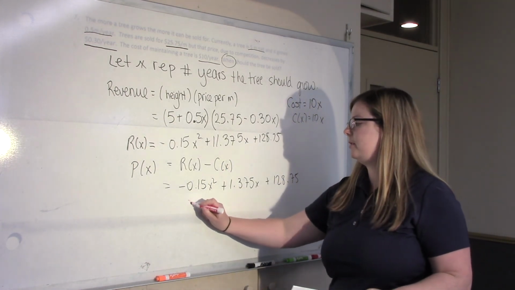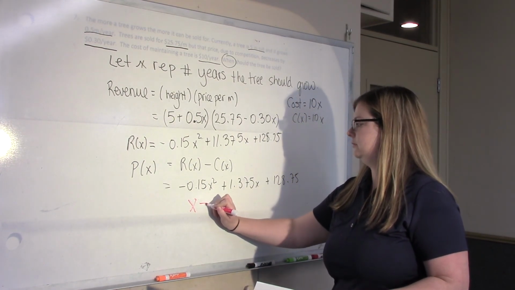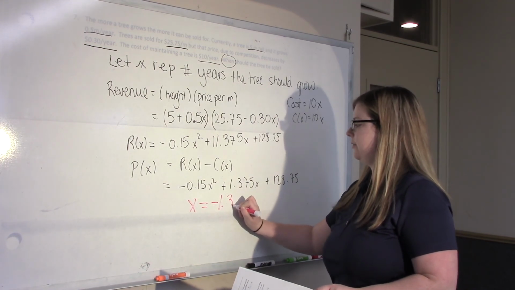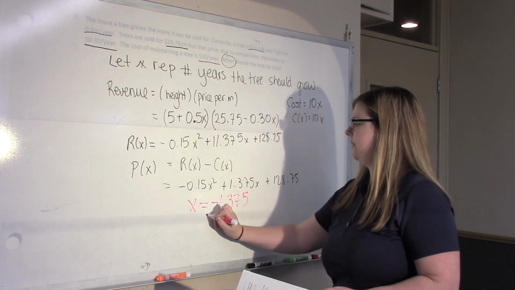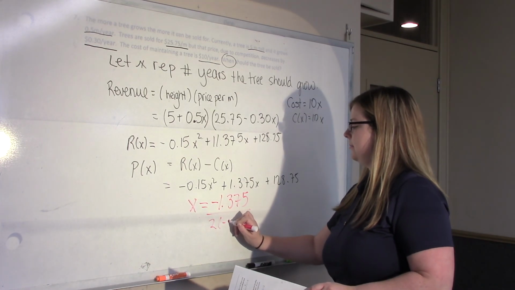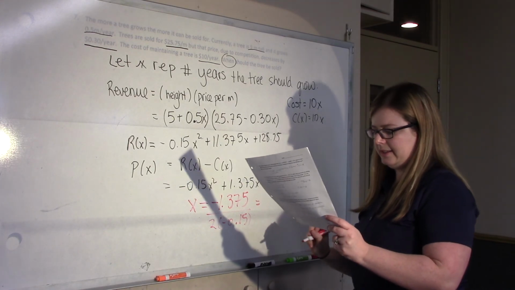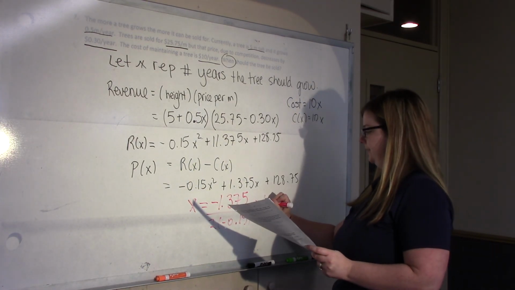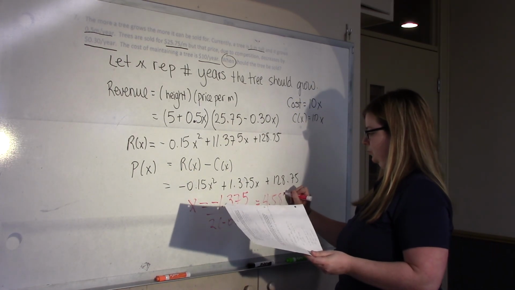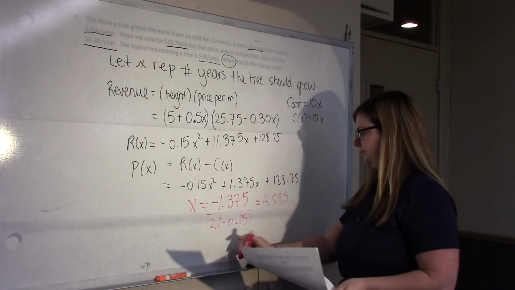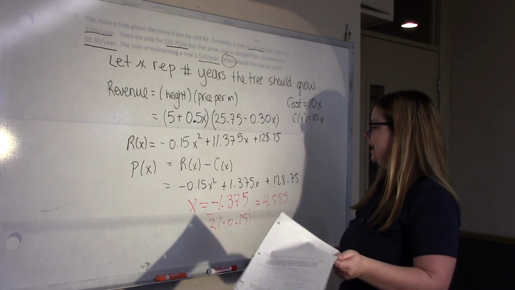So x equals minus 1.375 divided by 2 times negative 0.15, and you get 4.583. Okay, if you're getting a negative number,